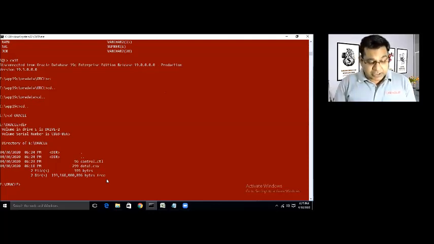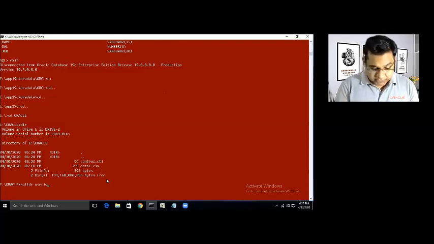Now the SQL Loader comes into the picture, and you have to run SQLLDR. This command will definitely run on a machine where Oracle is installed. You don't have to do any different installation to get this SQL Loader tool. Now userid equals Scott, and the password is Tiger in my case, and the database name is ORCL PDB.